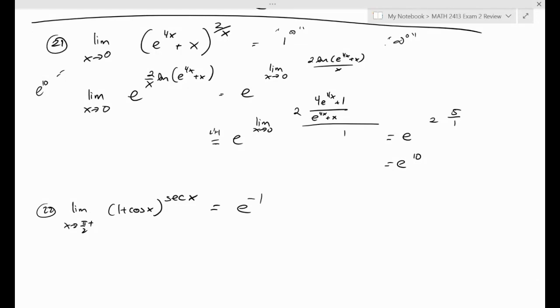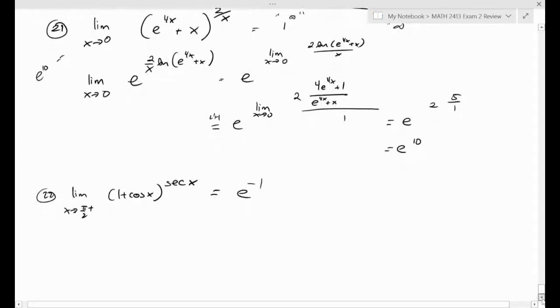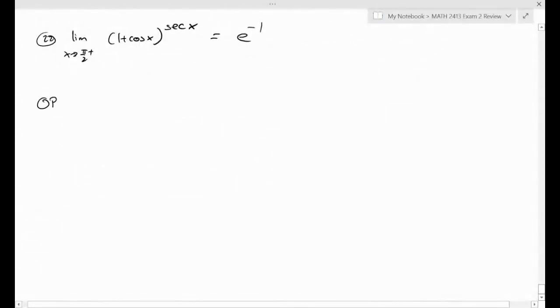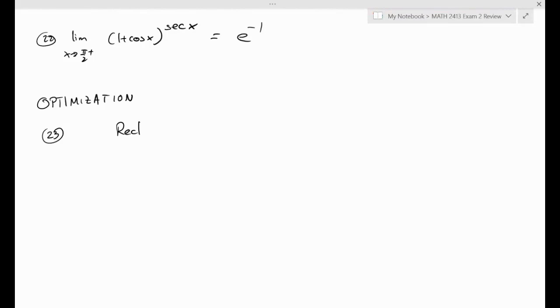And finally, I guess we have some optimization problems. Constrained optimization. In other words, we have two equations. We have one function that we want to optimize, maximize, minimize, and another equation constraining variables. So let's just do a standard one. We have a rectangular box, open top, and we also know that the